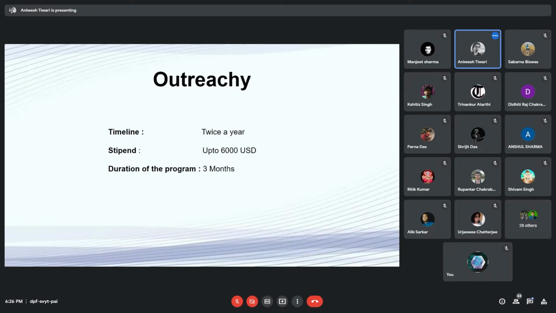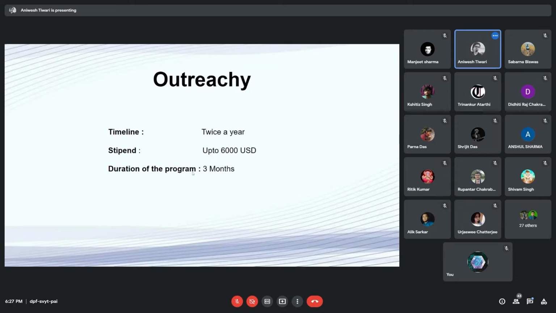Apart from that, Outreachy is also very famous, and in terms of stipend, its stipend is the maximum of all the open source events that I have discussed today. The timeline for Outreachy is twice a year. The last date for the winter one was yesterday, but you can apply for summer.